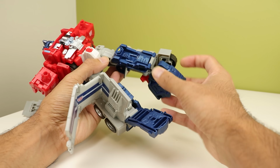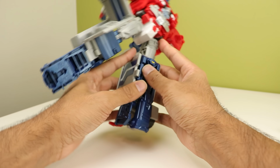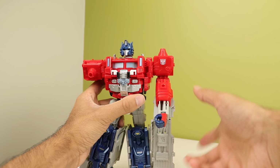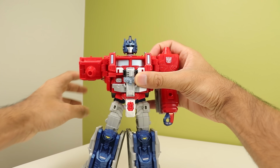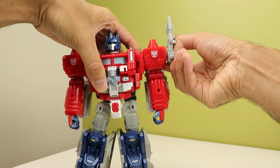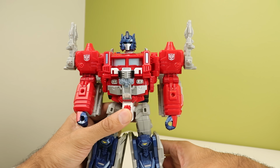Bring that into place, get it all situated, fold out the heel, and then fold this entire leg assembly around and it will peg in, hopefully, to that side. Rotate the arms down, fold this panel back, compress the hands, compress. And then you plug these into the shoulders. And there you have